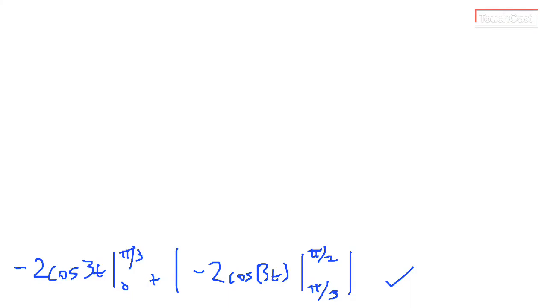So I'm going to move some of this stuff out of the way and then evaluate this integral. All right, so here I go. And this is negative 2 times the cosine of 3 times pi over 3, which is pi. And the cosine of pi is... sorry, the cosine of pi is negative 1. Minus negative 2 cosine of 0, which is just 1,